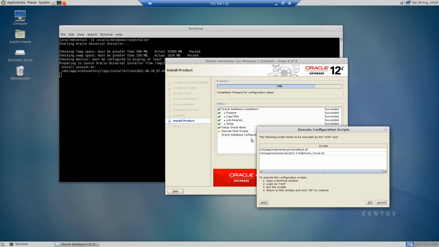Now that the installation process has gotten to this step, execute root scripts, it is asking me to run these two scripts as a root user. So I'm going to start with the first script. So I'm going to copy the